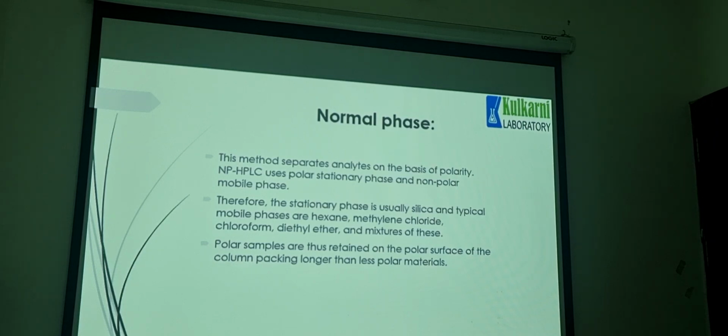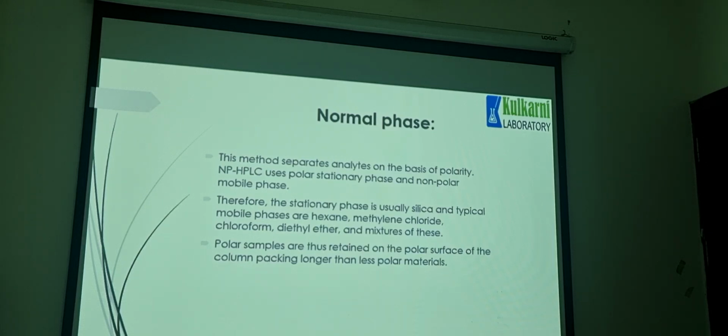Therefore the stationary phase is usually silica, that is, the coating material on your column is silica. The typical mobile phases are non-polar: hexane, methylene chloride, chloroform, diethyl ether and mixtures of these. These are all the non-polar solvents which we are going to involve in this particular chromatography. What exactly will happen in this technique is, whatever samples we are going to analyze on this technique,